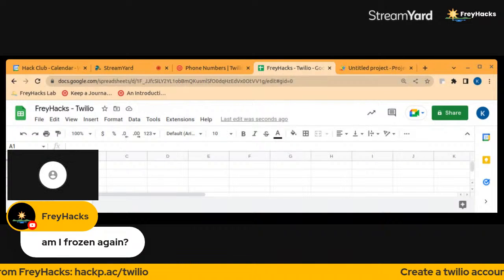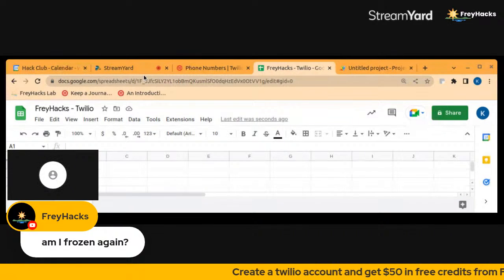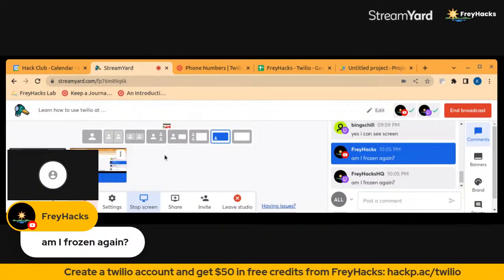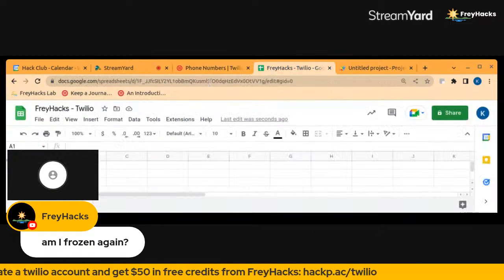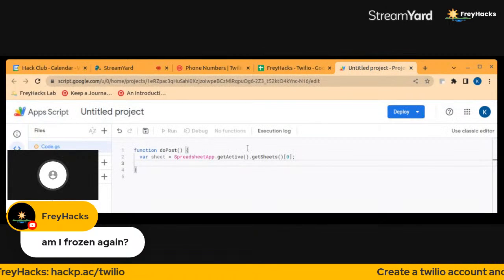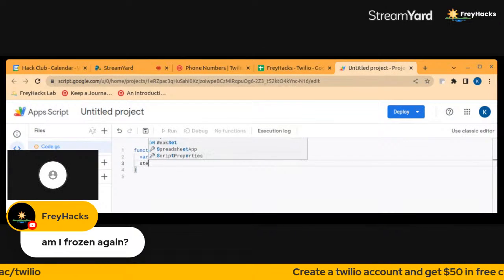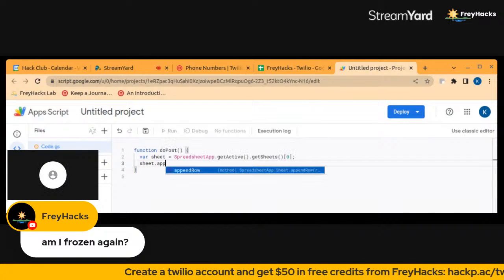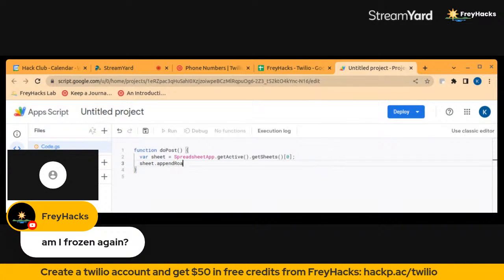And we can also put another row to contain the phone number, like with what number it was texted. So that's going to be sort of like a user ID for your journal here, so you can figure out who posted what. So let's create a statement that does that. So sheet, let's be equal to sheet dot append row,